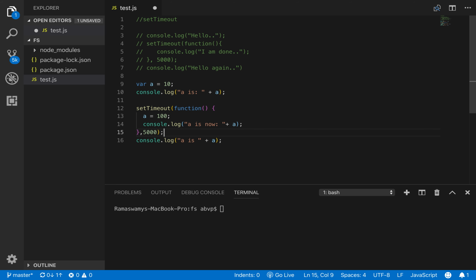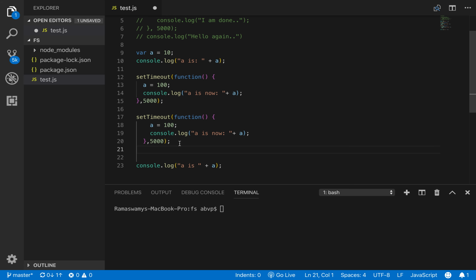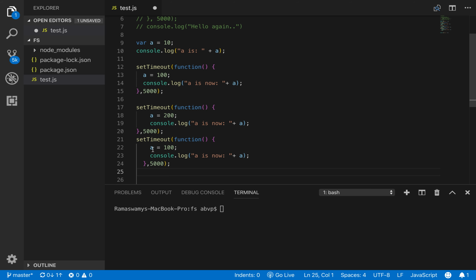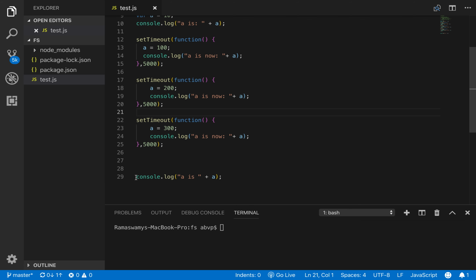For example, say let us have a couple of setTimeout functions within which we modify the value of a. So this time say a is equal to 200. Let us have one more setTimeout. This time say value of a as say 300. Alright. So if we have a script wherein there are many asynchronous function calls, the order of execution is